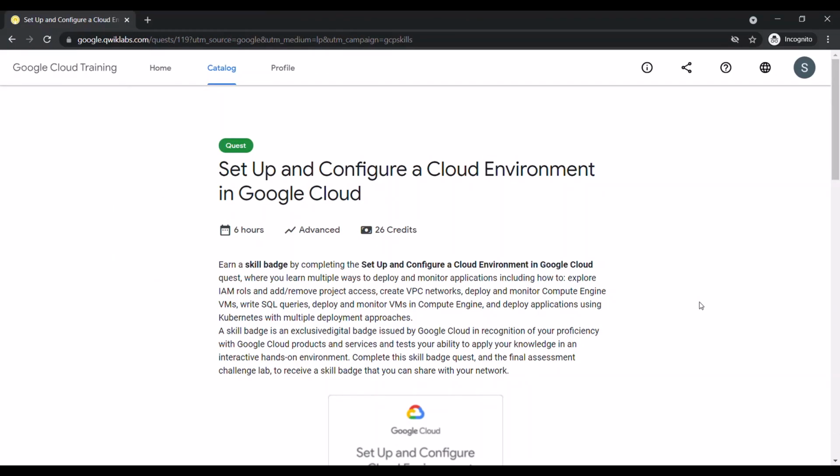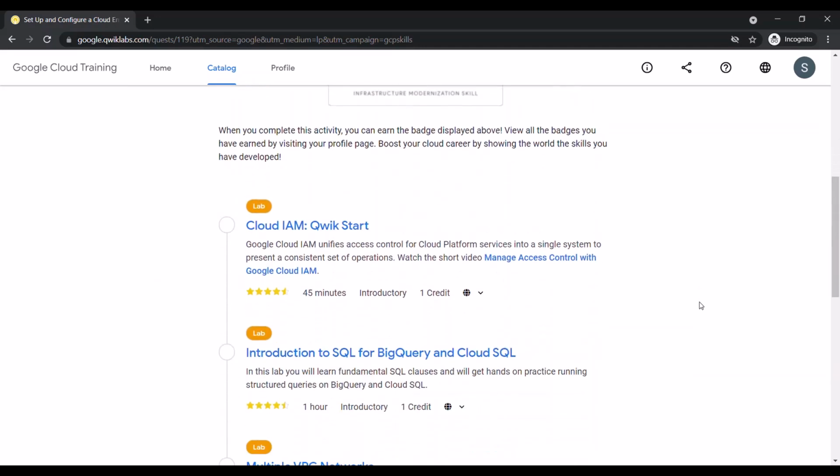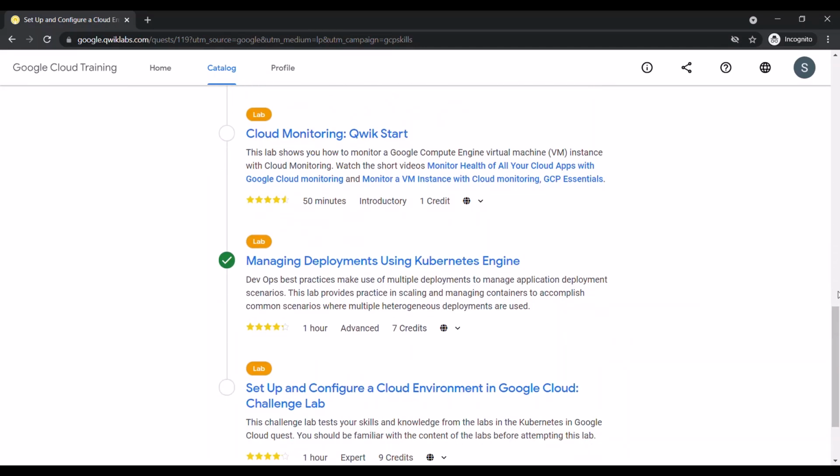To check if you have successfully completed it, come back to the previous page and see if there's a green tick on the lab which you have just completed. I completed the Managing Deployments Using Kubernetes lab, so I have a green tick over here. If you have this green tick, that means you are ready to move on to the next labs and complete your other skill badges. You need not complete the similar labs that already have a green tick.